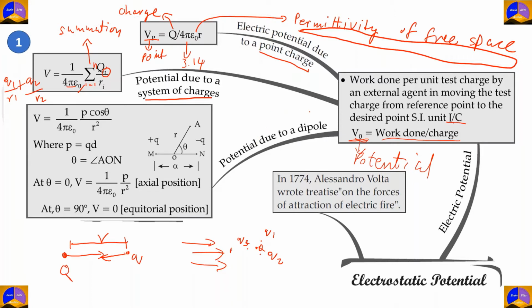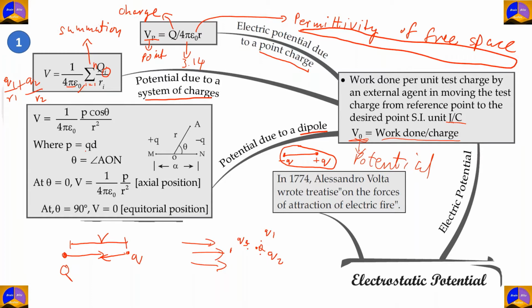The third type of electric potential is potential due to a dipole. What is a dipole? A dipole is any substance which has both positive and negative charges which are separated, and the net charge of this dipole is 0. The potential due to a dipole is given by V is equal to 1 by 4 pi epsilon naught P cos theta divided by R square,